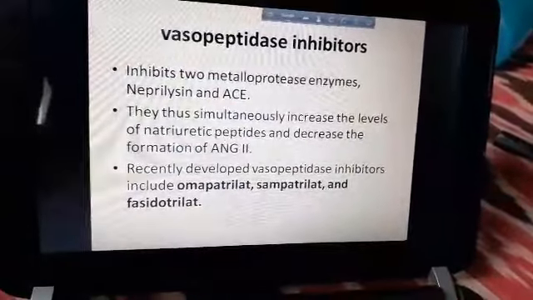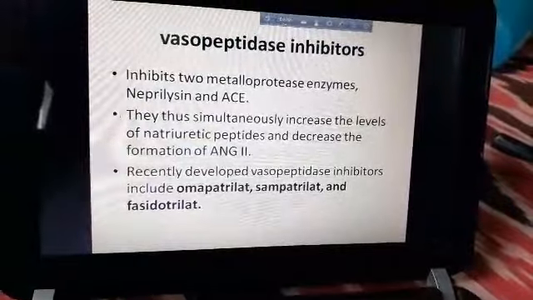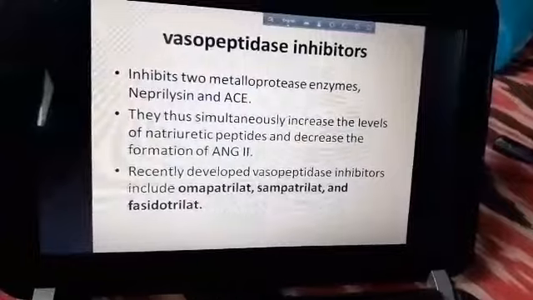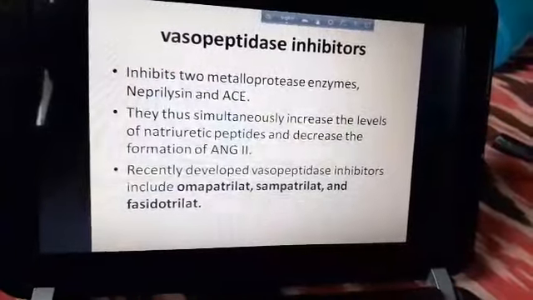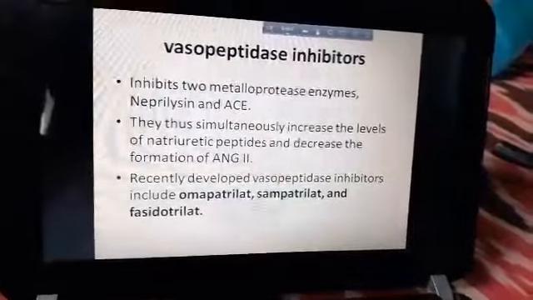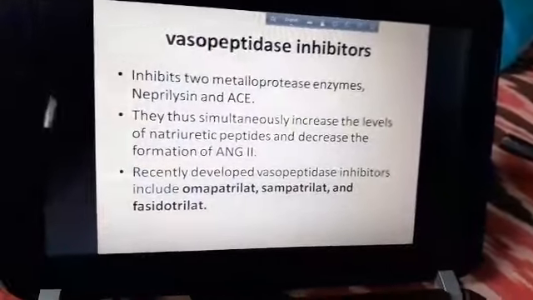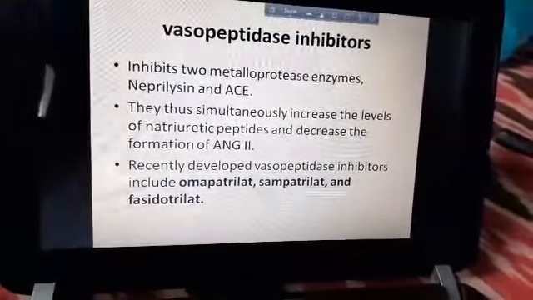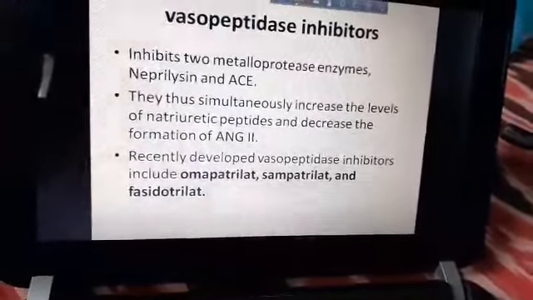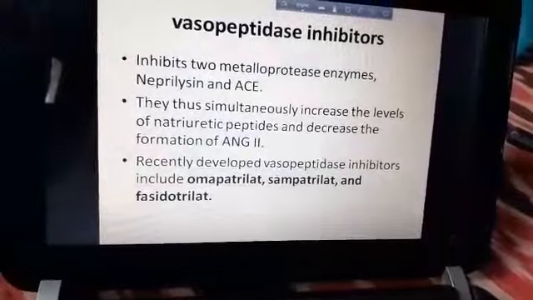So ACE inhibitors also decrease the BNP, and neprilysin also decreases the BNP. So to increase the effect of BNP, we have to give some neprilysin inhibitors so that its effect is enhanced. So that's why an ACE inhibitor can have some effect. An ACE inhibitor can increase the BNP effect because